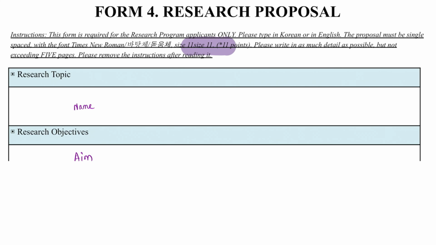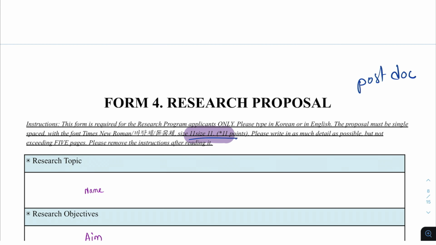Coming to the next part is the research proposal. It is for the postdoc guys. So the size should be 11 font size, and you have 5 pages, and Times New Roman you can keep in mind,